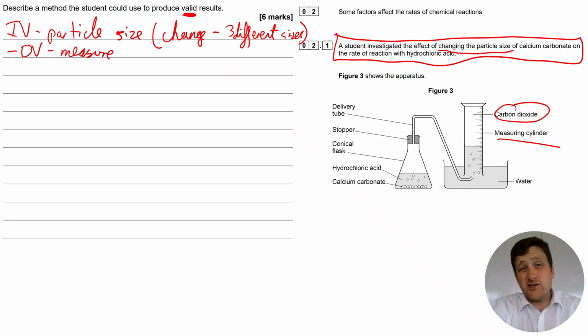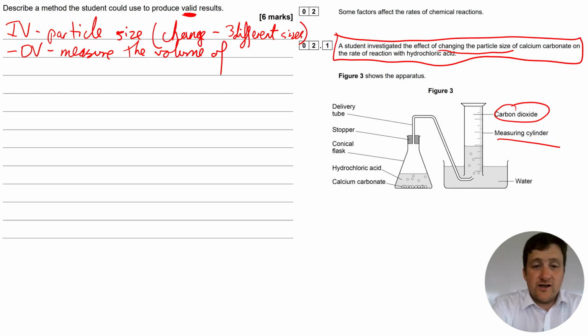Now, there are 2 ways to do this practical. It doesn't matter which way you do it. Both are equally valid. They give you slightly different results. You choose which practical to do based on what you're looking for. Are you looking for how the rate of reaction changes over time, or are you looking for just the set rate at which the reaction finishes? Both are acceptable because they haven't given you any more information about that. Okay, so measure the volume